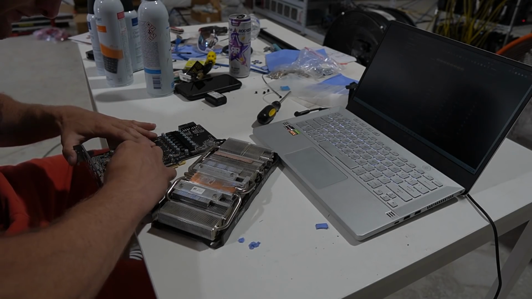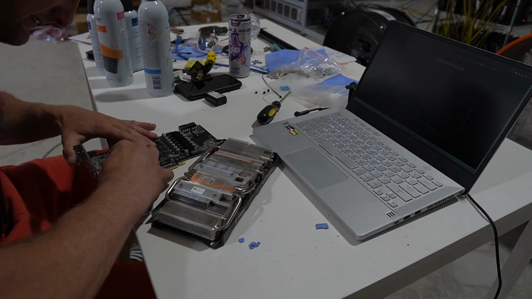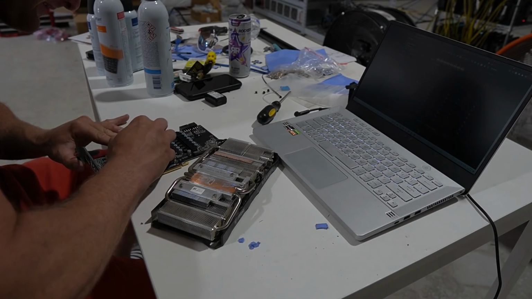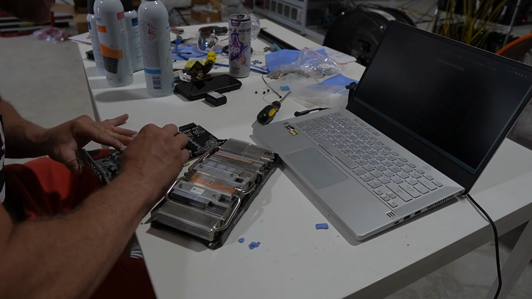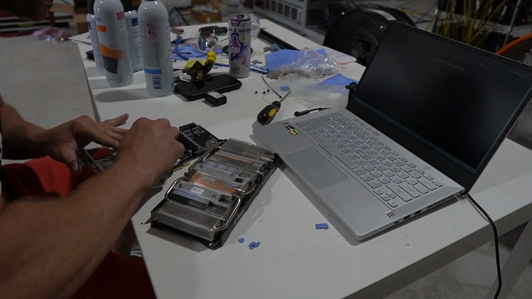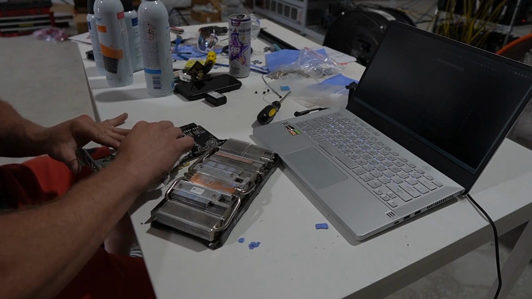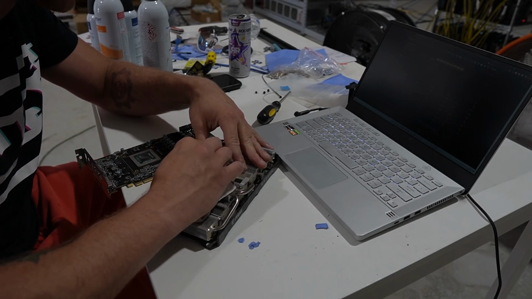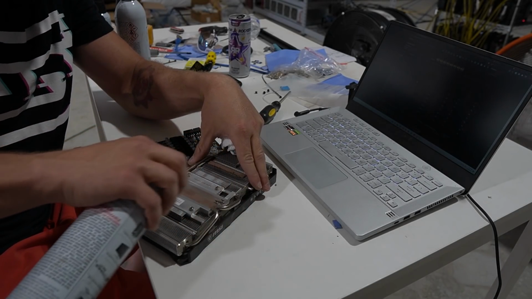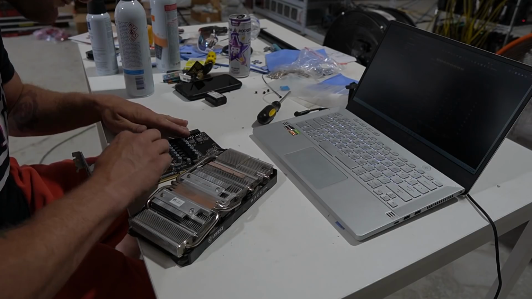A little oil from the pads, not too much. They didn't seem like they were breaking down. These blue pads work pretty good for a long time, but we're gonna try something a little different this time around. All right,